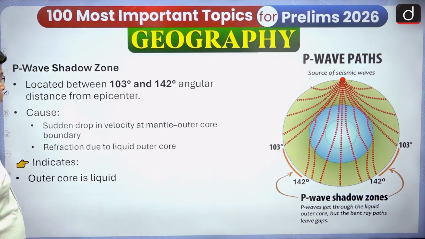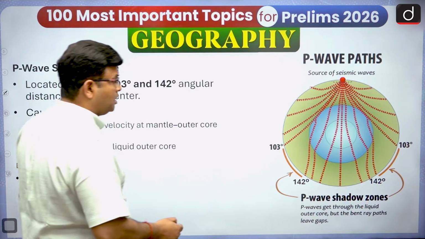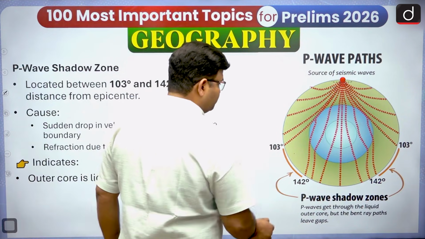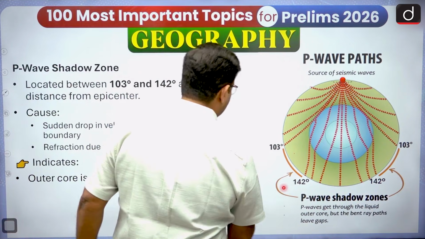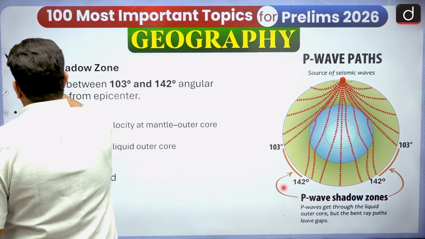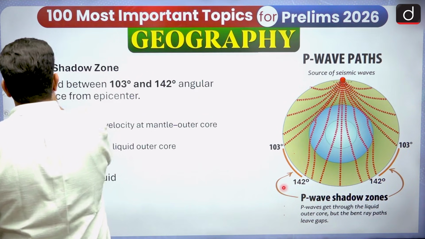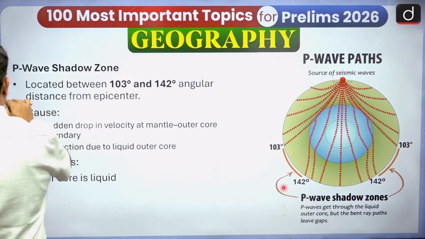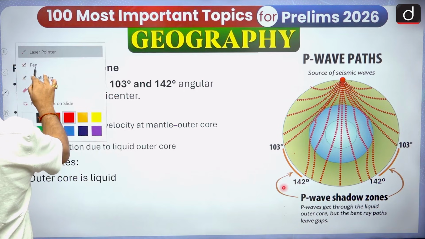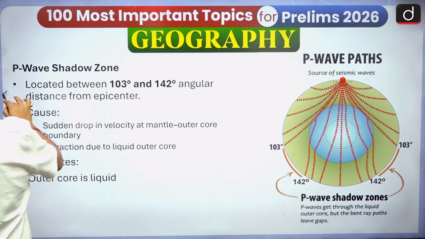Another important part that we are going to see is about the P wave shadow zone. In the case of the P wave shadow zone, we have to talk about first of all